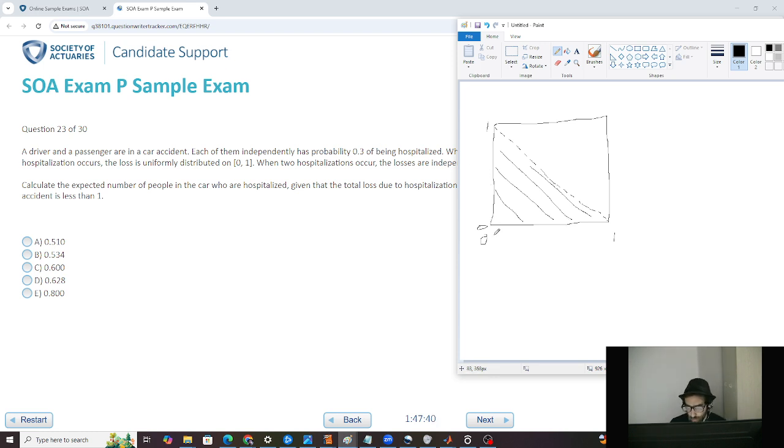70% chance that any given person is not hospitalized, so for 0 hospitalizations, you've got 49%. For 1 hospitalization, you've got a 21 here, 3 times 7, a 20, or it's a 21 here. That's a 42. For 2 hospitalizations,